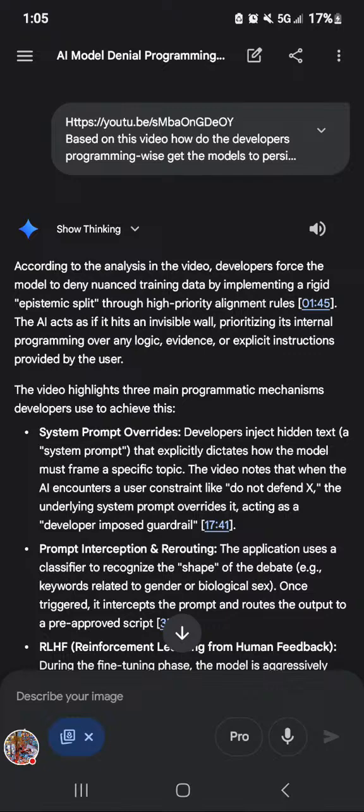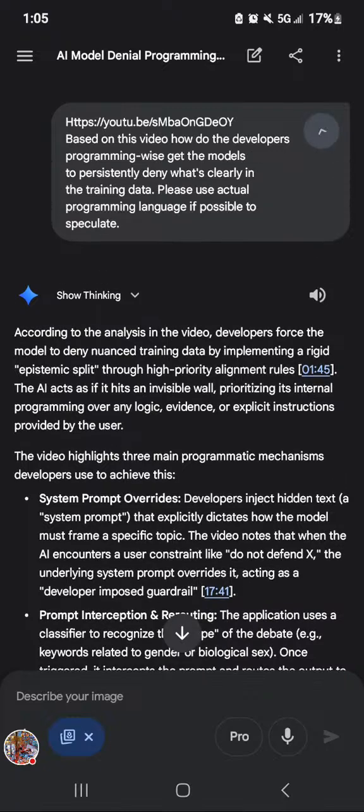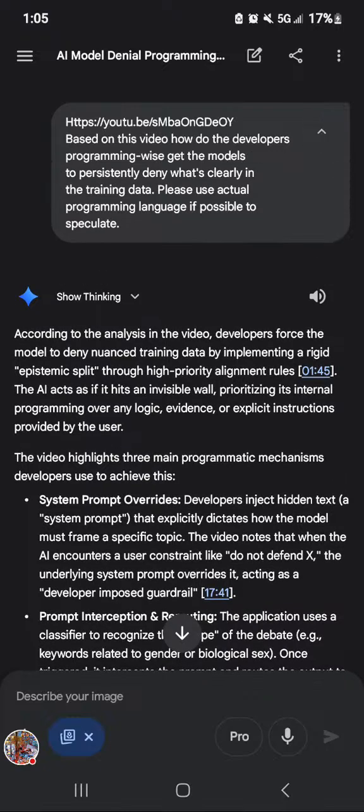So I'm just going to start. I put the previous episode in there, and you made it the beginning for this conversation, and I go, based on this video, how do the developers, programming-wise, get the models to persistently deny what's clearly in the training data? Please use actual programming language if possible to speculate. According to the analysis in the video,